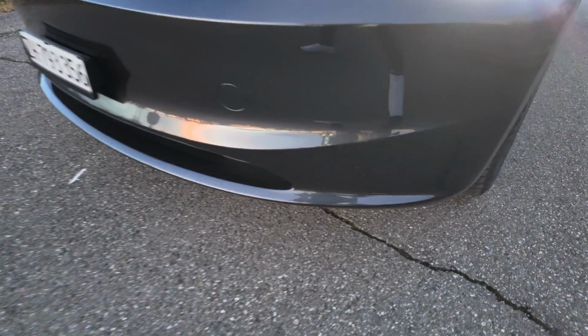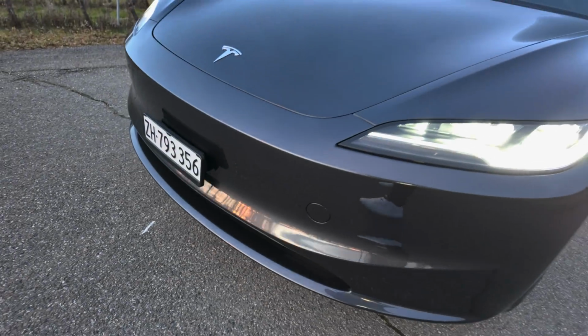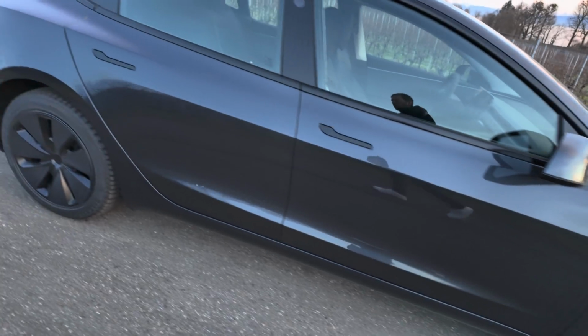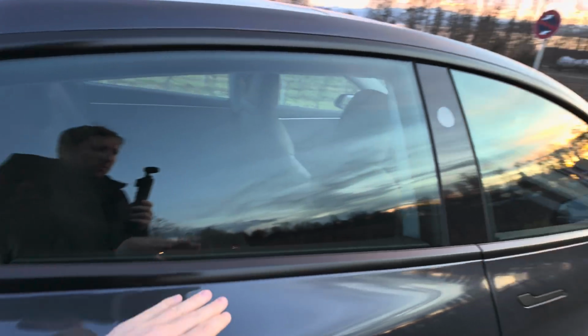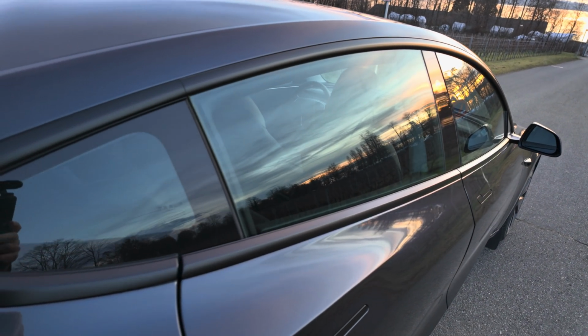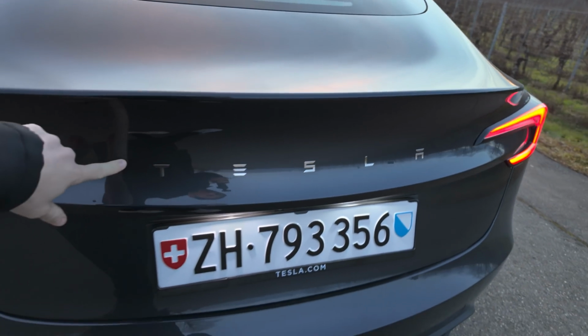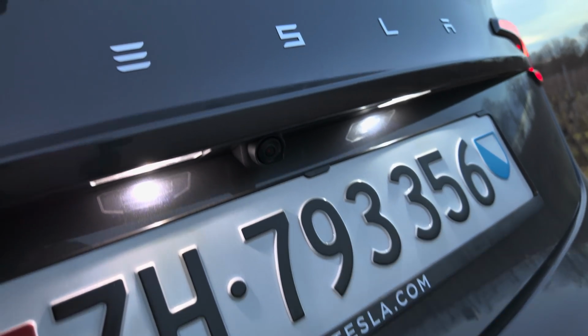On the lower end here, pretty simple bumper. Here is the air intake, the active cooling down there, Tesla badge, and everything else is basically the same. Here around the windows you have black matte, it looks pretty cool. Handle in black, in the back you have the tail lights, Tesla writing in chrome, LED lights, and here on